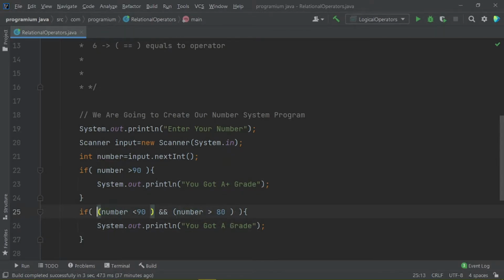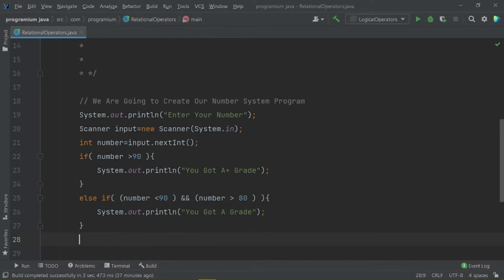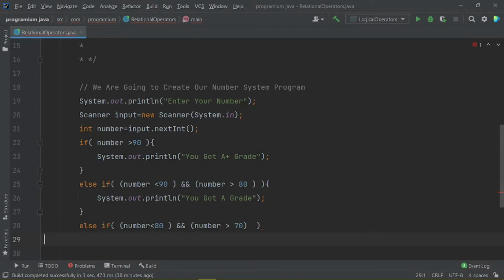Let me again put here else if, because we are working with the same if here. Again else if the number is smaller than 80 and also number greater than 70, then what we will be printing to the user, we will say you got B grade.